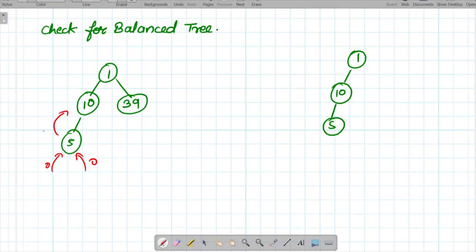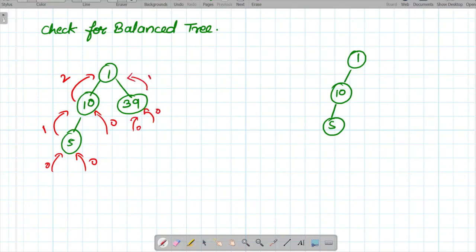Now for 10 we can see 10 does not have any right child, so it will get 0 from here. So 1 minus 0 is 1, so yes, till now it is satisfying the condition. 10 itself will return 2, because it gets 1 from here and adds 1 for its own node. Similarly for 39 it will get 0 and 0 and will return 1 above.